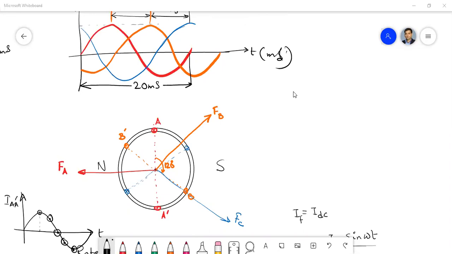Now, for this type of rotating field, we need three coils and three balanced currents. Then we can get a rotating magnetic field. That means the North Pole and South Pole are rotating as if. Physically, the North Pole and South Pole are not rotating, but it is as if they are rotating, if we take two poles. Now, what is another possibility by which we can get the same thing, the rotating magnetic field?